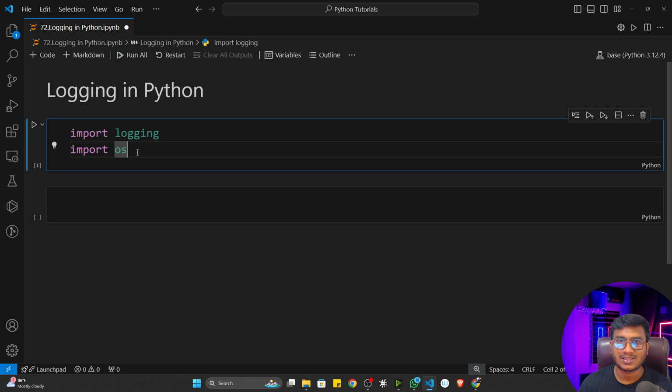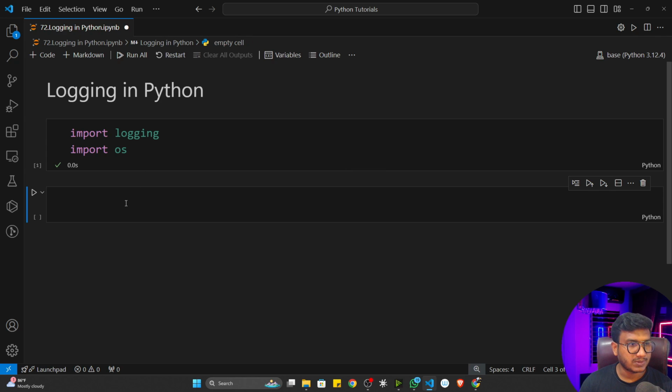Going forward, we'll be discussing them whenever we require, because I told you it's not possible to remember all the functionality of a package, because there would be thousands of packages. So we'll only use them whenever I need them. That's the idea. So these are the packages I'm going to use to implement logging inside